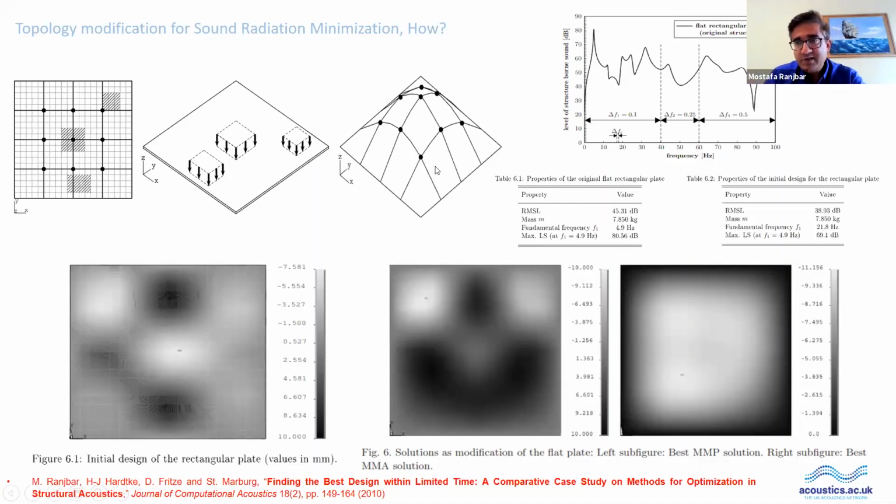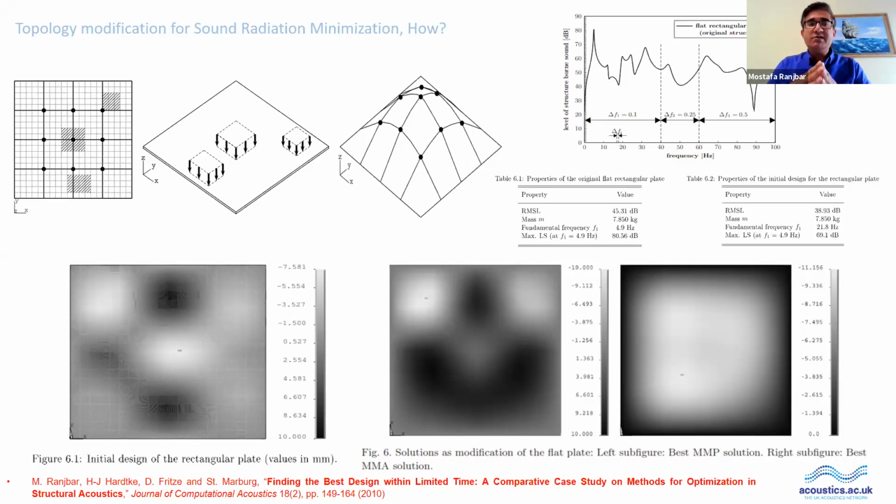These designs provide a good opportunity. This type of passive noise control method does not change the weight or mass of the structure. Without adding mass, by changing the local topology, you can affect its radiated sound properties. This is the concept of topology